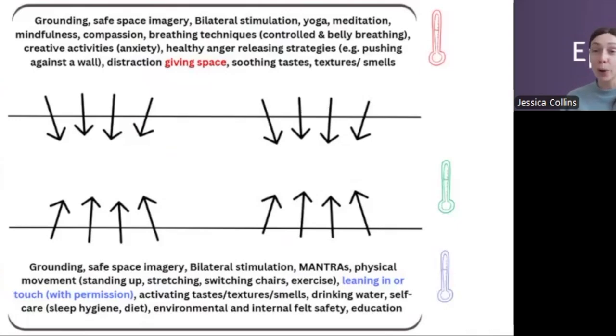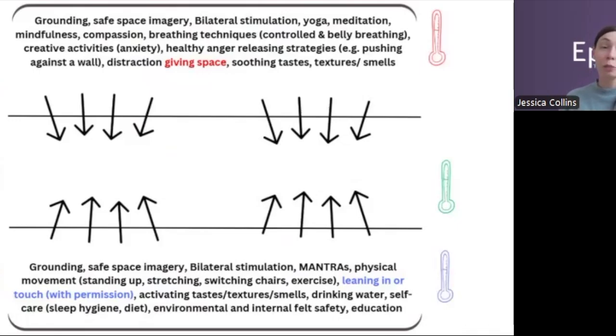Things like slow walking. As much as it feels really basic, there's a scientific basis in that having a slow rhythmic movement really helps to just slow the nervous system down. And again, it communicates a sense of safety to your nervous system: I'm doing a slow walk, we're fine and we're safe. Slow swaying or slow bilateral tapping can also help, again just telling the nervous system that we're safe and we're okay.